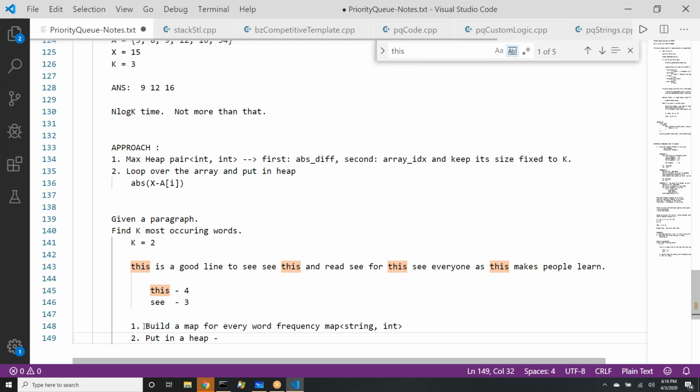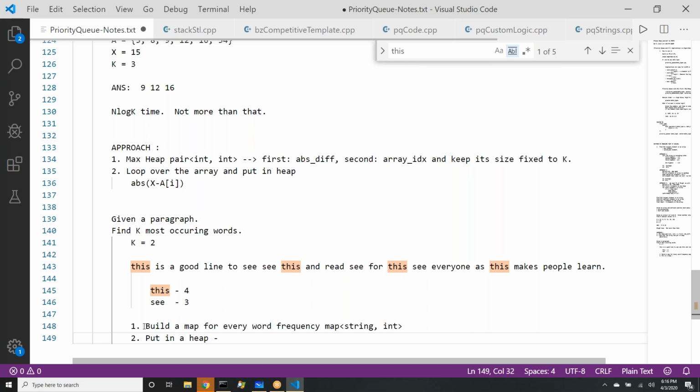Now tell me, this time don't make mistakes. Tell in one go: max heap, wrong. We are finding maximum occurring words, we are finding the highest values. When we find k highest values, we use a min heap. Keep that in mind, because this confusion keeps coming, and we'll work on it with the exercise link that I'll give you.